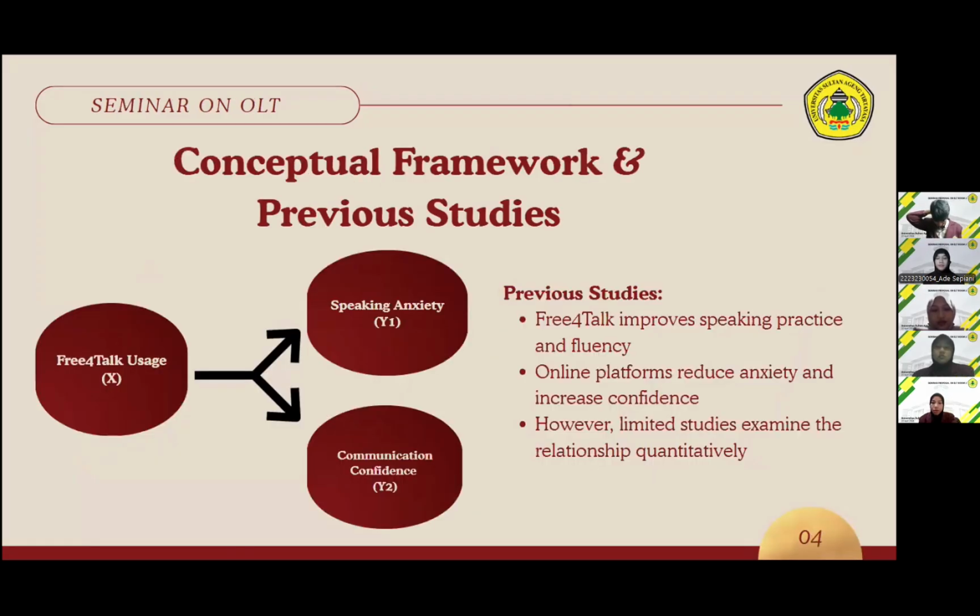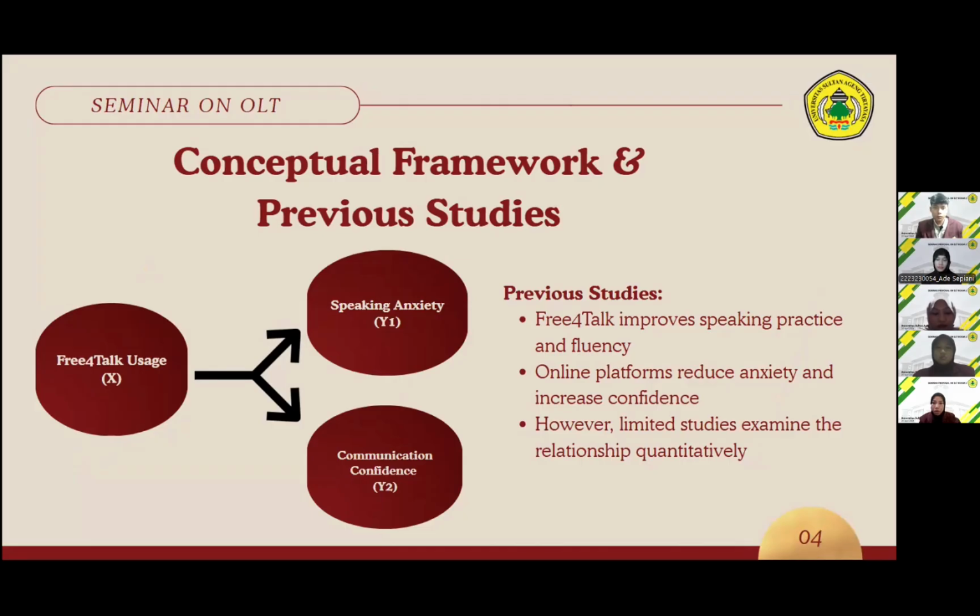Okay, next is the conceptual framework and previous studies. In this study, Pitaya Talk usage is the independent variable, or variable X. Then there are two dependent variables: speaking anxiety, or Y1, and communication confidence. And the framework of this concept is that Pitaya Talk, as an online speaking platform, may influence